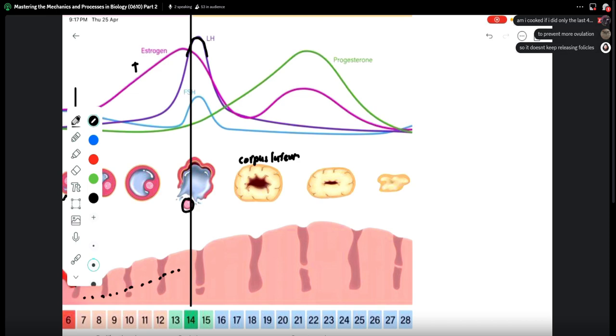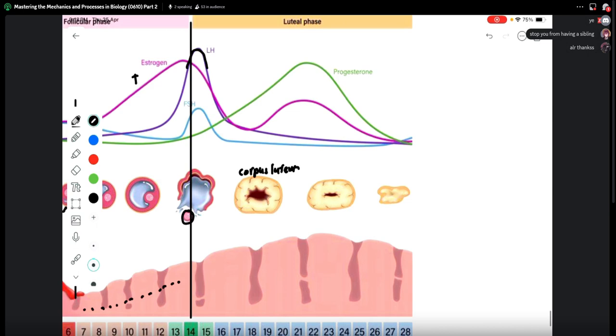Yes, correct. So it prevents more ovulation. It prevents the maturing of more follicles. Yes, basically to stop ovulation, so that only one egg is able to be implanted in the wall of the uterus later on. Okay, so the corpus luteum in the first few months will keep on secreting the progesterone,